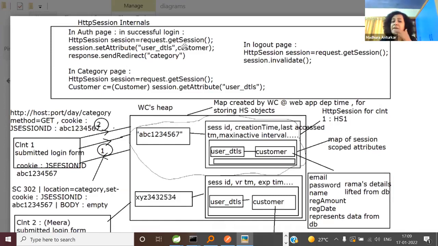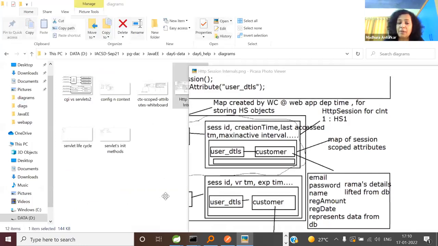So can anyone tell me what will be the generic type? Generic means K comma V of the outer map. This map, this outer box. What will be the key type and what will be the value type? Yes, please, I'm waiting. Outer map you are telling me, not inner map. Inner map is String comma Object, the attribute map. Wrong answer, Avinash.